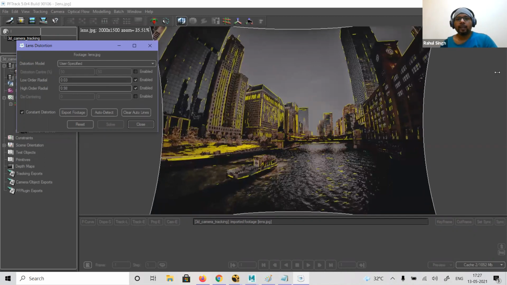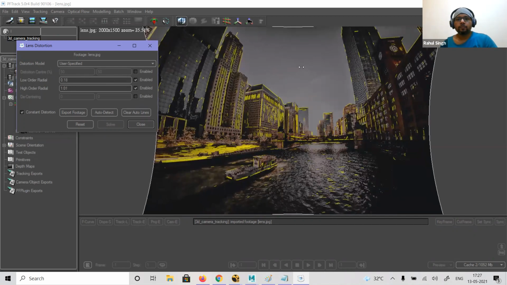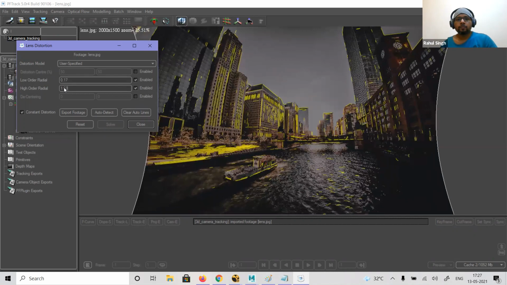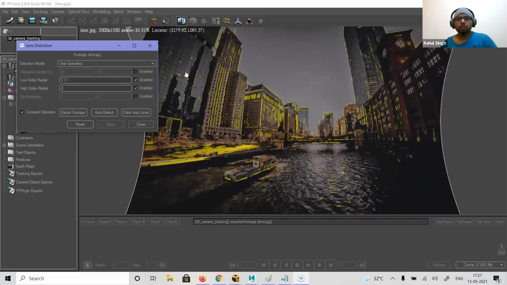Because this has a very high degree of lens distortion, right? Something around 2, most probably 2 to 3, I think.